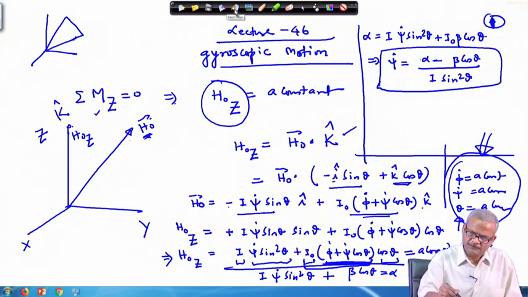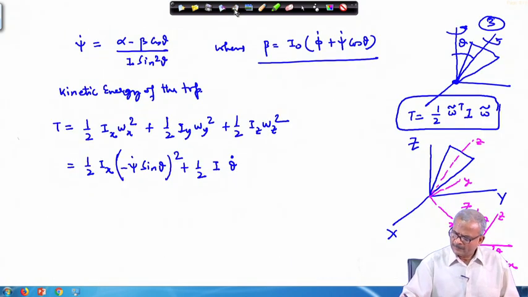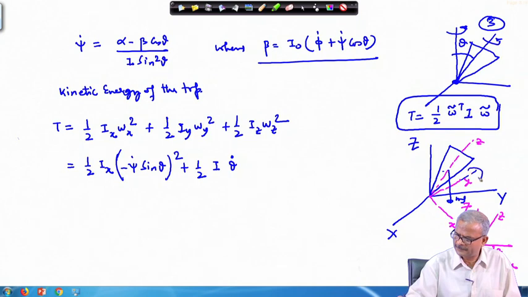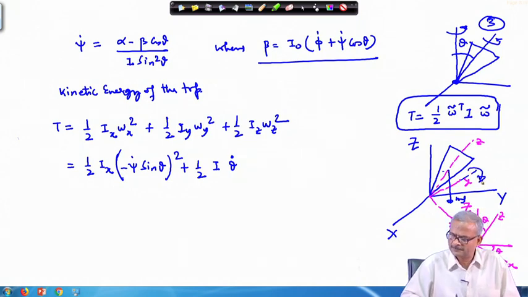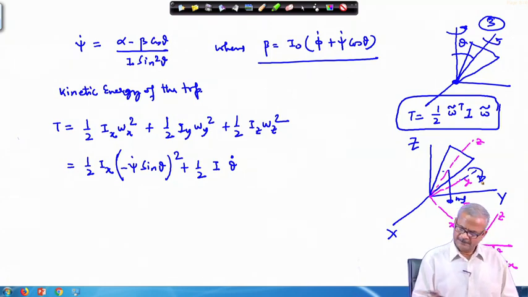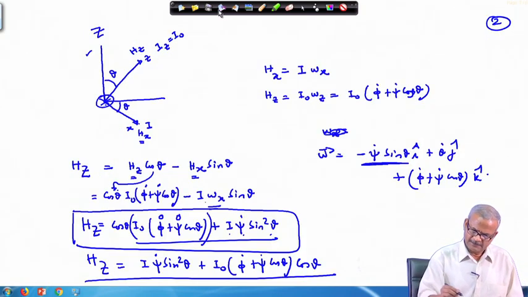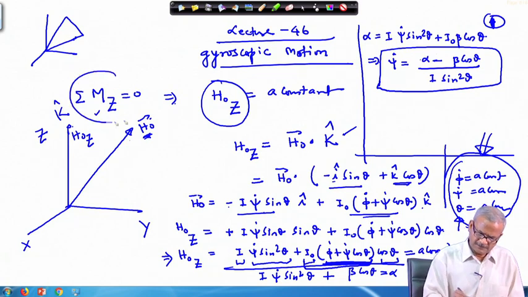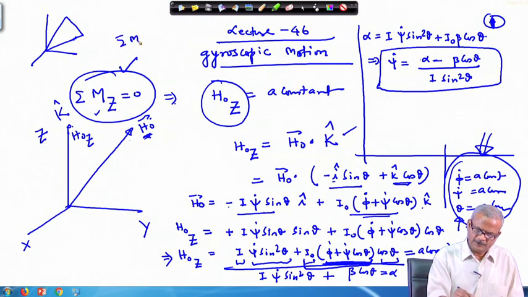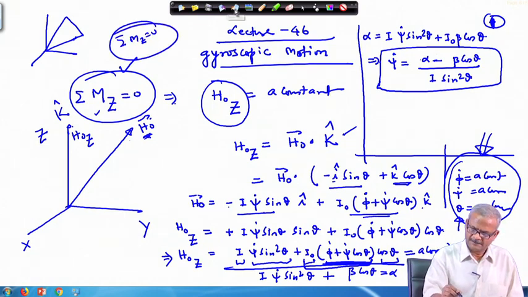So, if you look at this, mg is acting here downward. There is only one torque which is acting, because you are applying a torque. This torque is acting just along the y axis. And there is no other torque involved in this case. So, for this particular case, what we have written on the previous page, E m z equal to 0, this condition still applies, and small E m z equal to 0, this condition still applies.